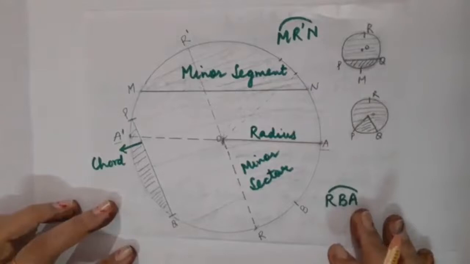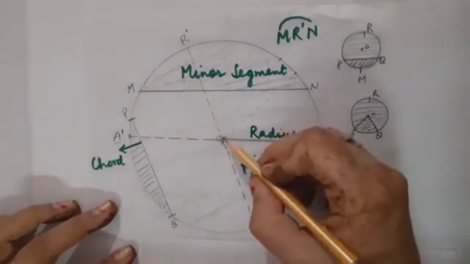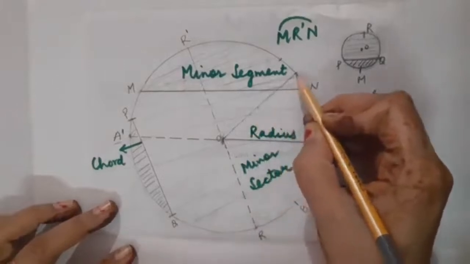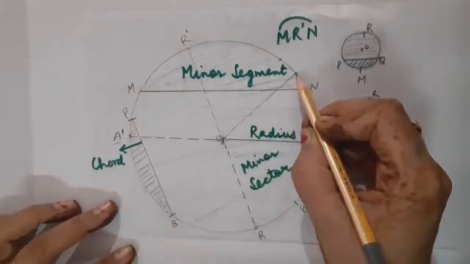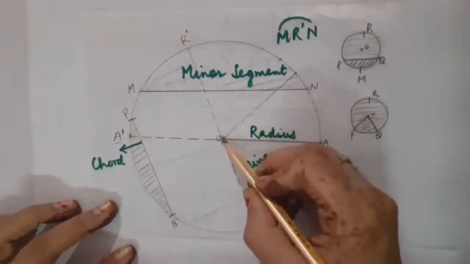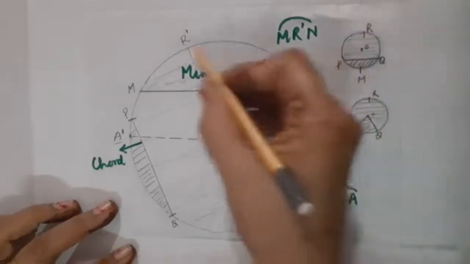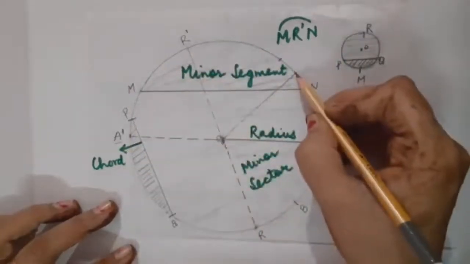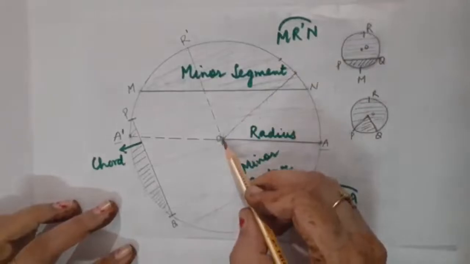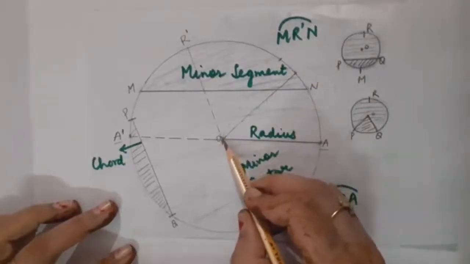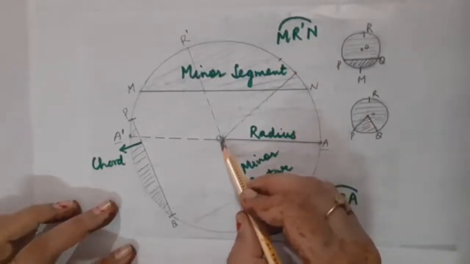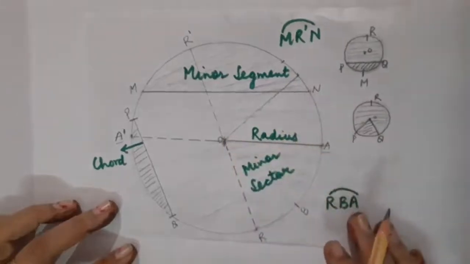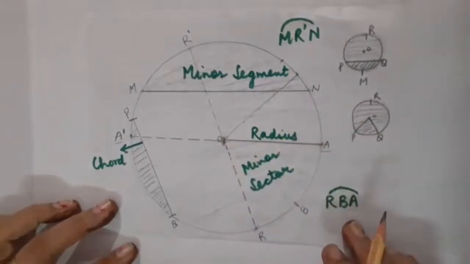If somebody asks you what is the definition of radius of a circle, you will simply say that radius is a line segment whose one end point lies on the circumference of the circle and another end point is the center itself. Clear? Now I am going to switch to the next term, that is diameter of the circle.